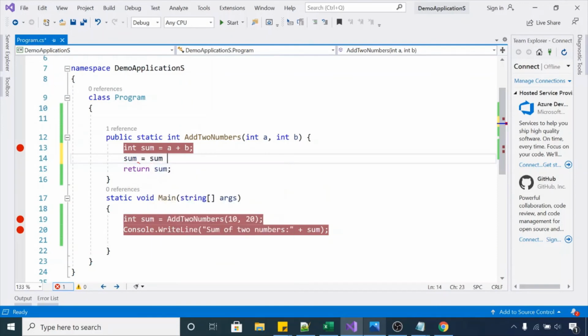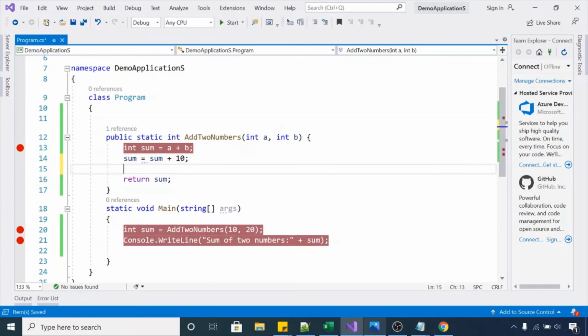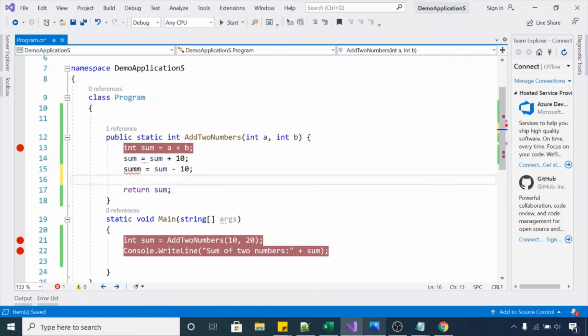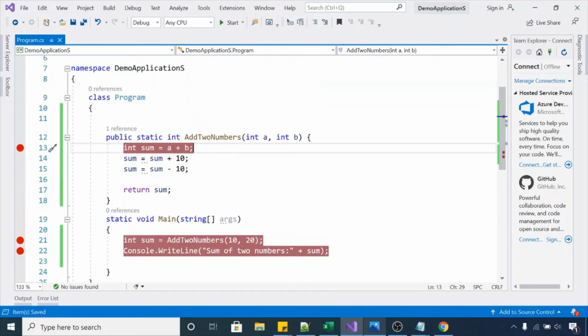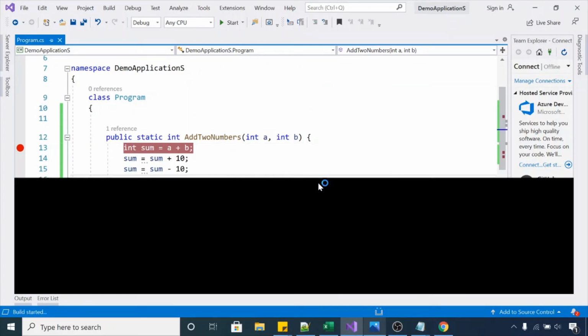Sum is equal to sum plus 10, and I have one more statement, sum is equal to sum minus 10. Now let me run this program to understand how we can rerun the executed code again. Let me press F5.